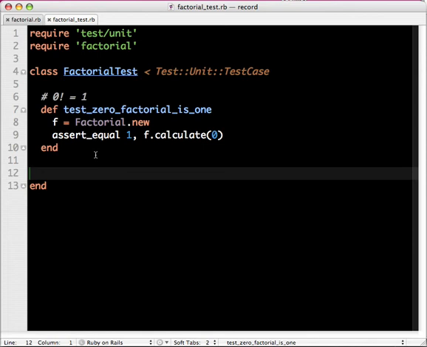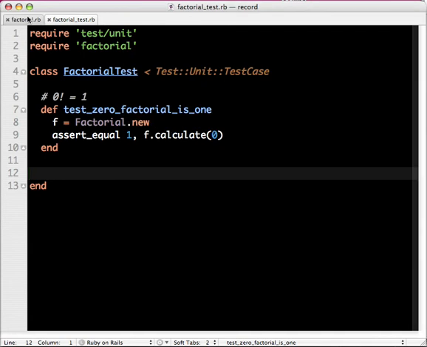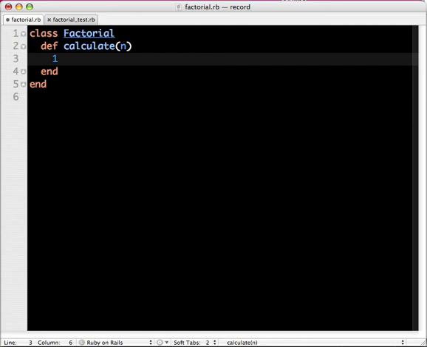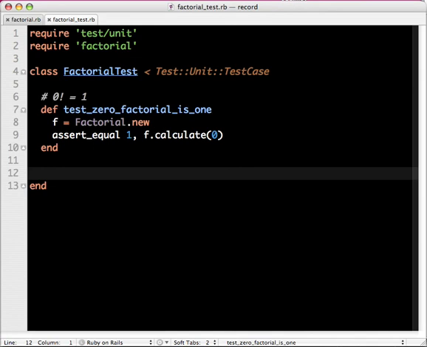Okay, I have a test here which actually calculates the zero factorial. Zero factorial is defined as 1. So when I run this test, 1 expected but was nil, so I'm going to make this test pass. Just return 1 and make it pass. It passes, and then the next second test will be